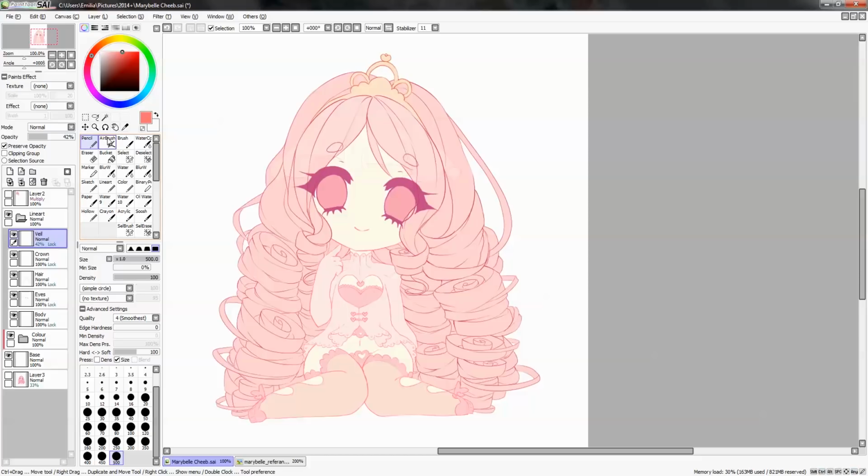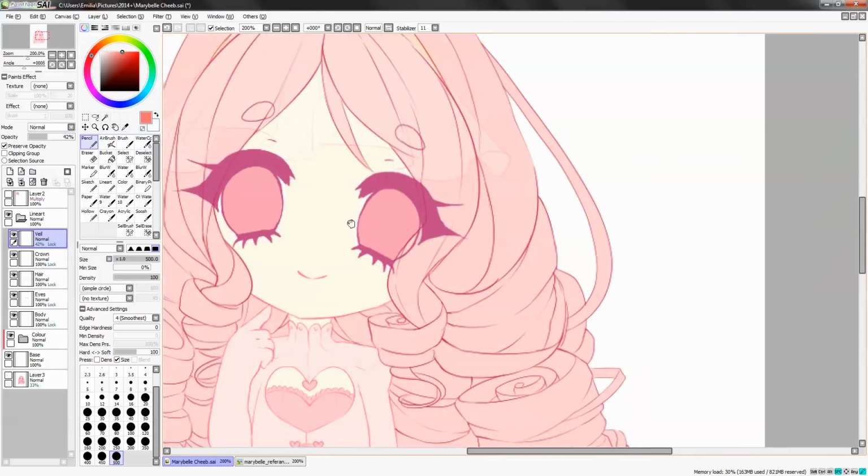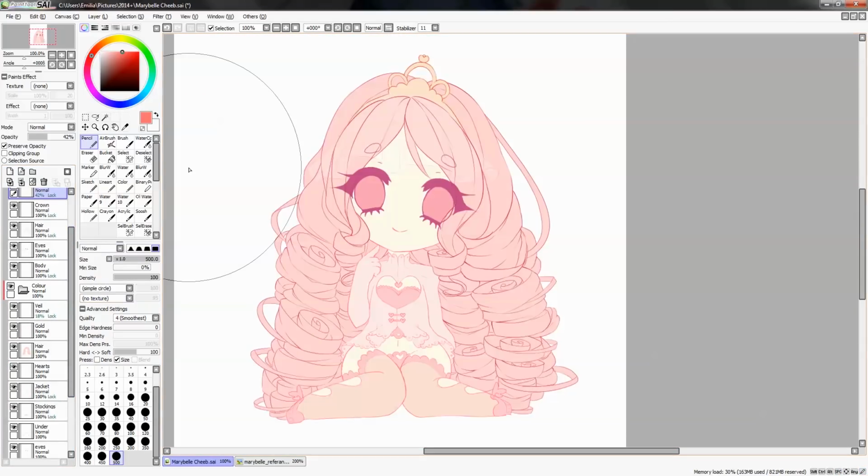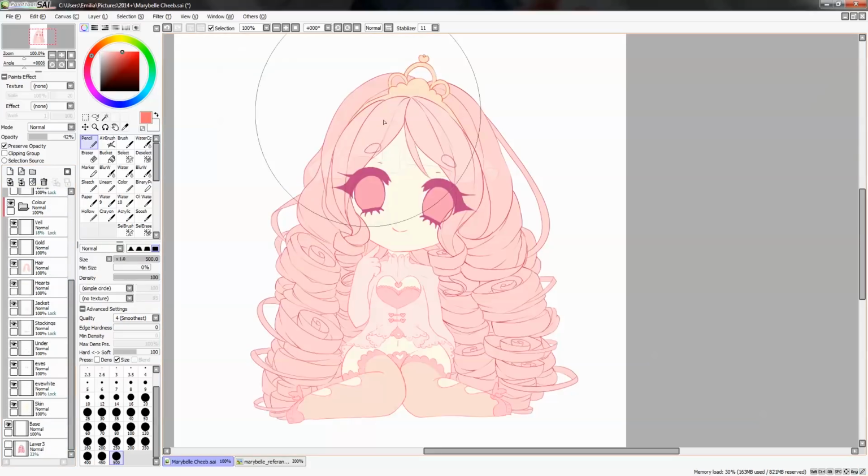Ta-da! You click Ctrl F on each layer and just change it, because if you color it manually, it will become more pixelish and you will ruin the quality. Yeah, and this is how you do it. Hope you enjoy it. And now to color on each layer, just make a new layer over each thing. Clip it over the skin, for example, and it would only color the skin. And that's how you do it.